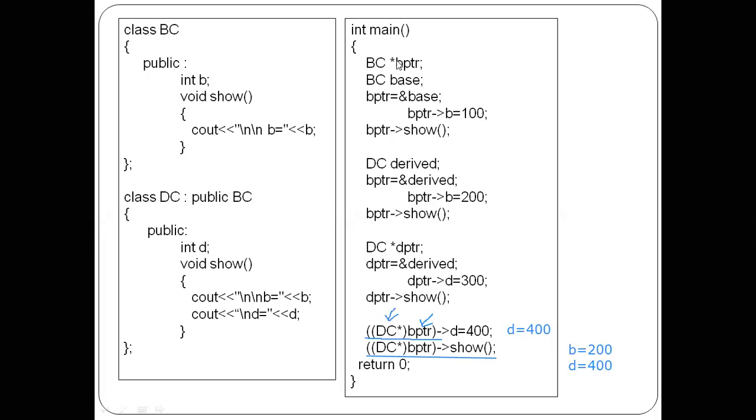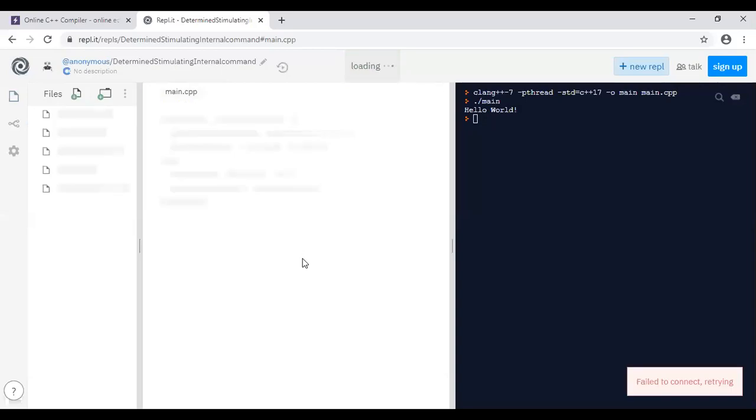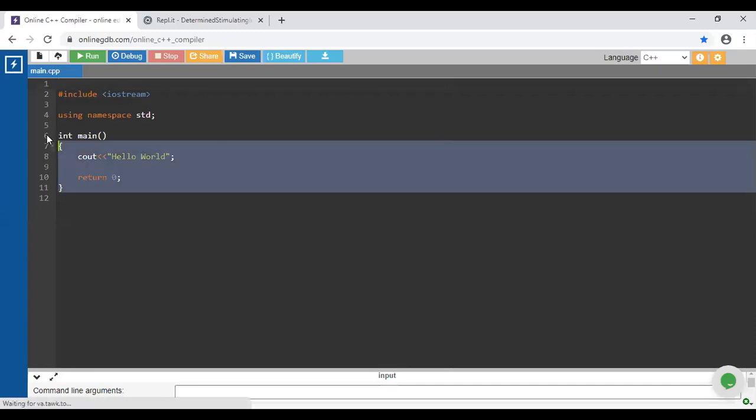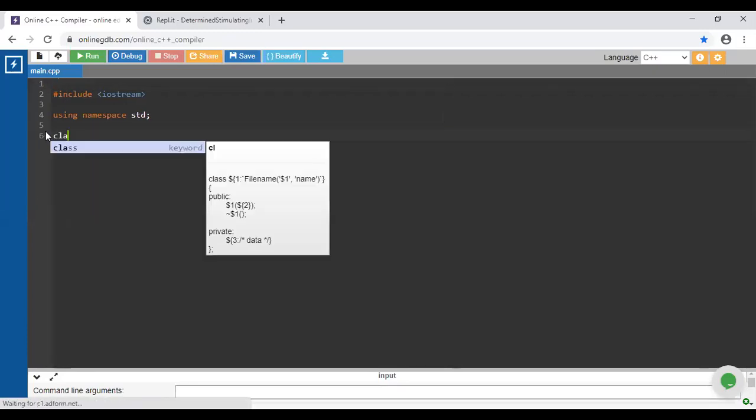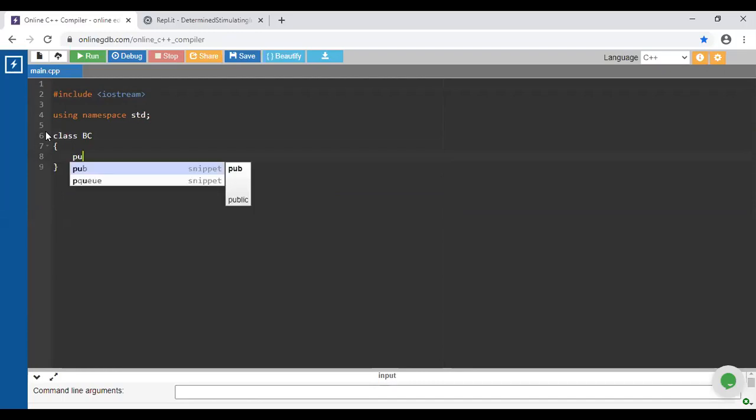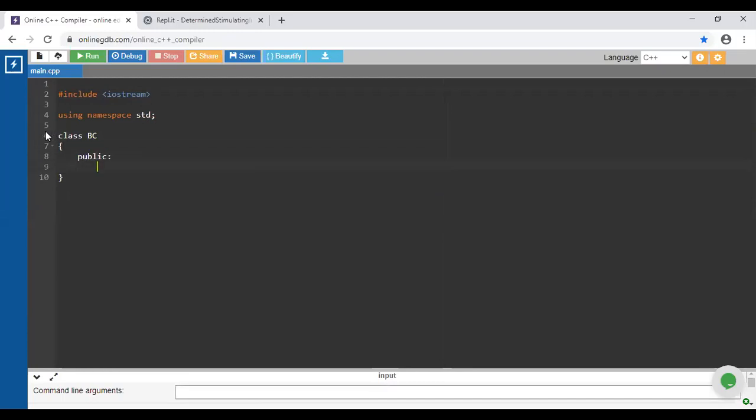You just tell me what the different lines are with respect to this code. So I'll write here. Yes, guys, which class have we created? I think the base class as BC, am I right? Yes. Inside that public scope, we have used the variable b.